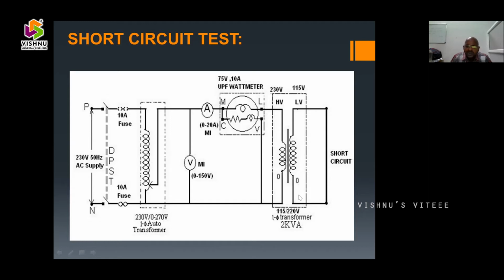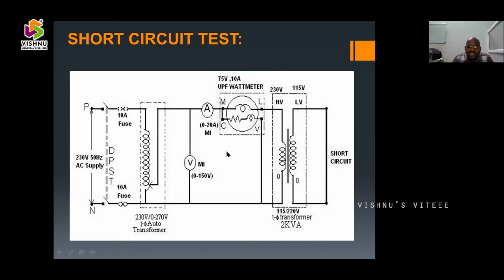The short circuit test is conducted on the high voltage side of the transformer, and the low voltage side is short circuited, as clearly shown here. The voltmeter, ammeter, and wattmeter are also connected to the high voltage side, similar to the open circuit test. The other component is a 230 by 270 volts single phase auto transformer, and the power supply is connected to the auto transformer from the single phase AC supply. Here the major difference is that a 0 to 150 volts voltmeter is sufficient,